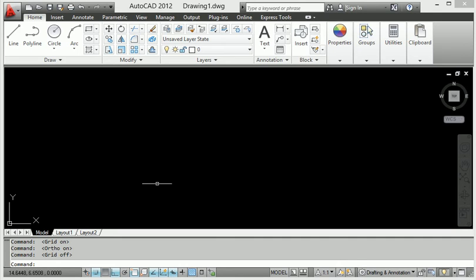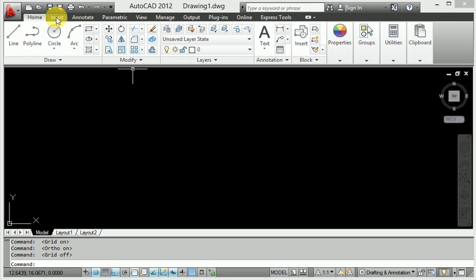This is the workspace of AutoCAD. When you start any line, if I make this line start from the x and y axis, you click 0, 0 and then start the line. Here the tab available is called line diagram, this is called the draw command. Here different types of commands are available.